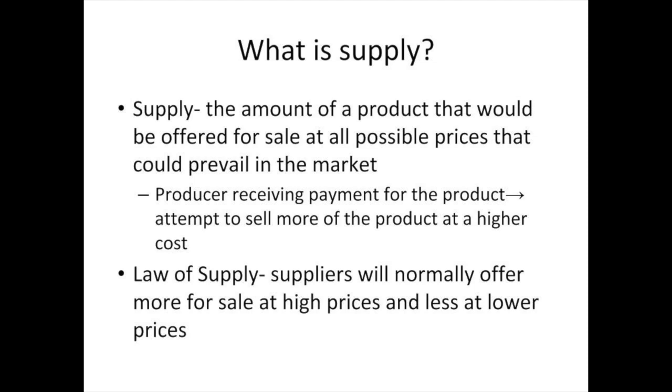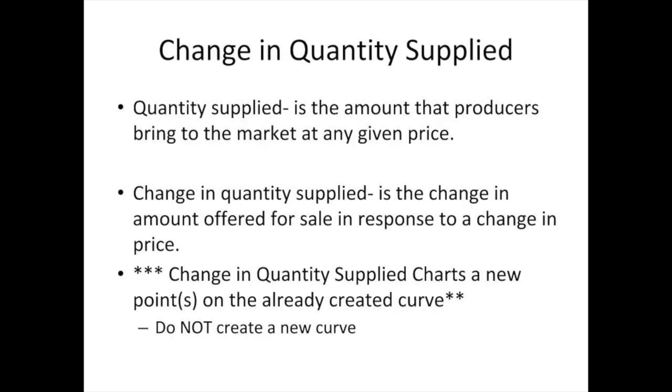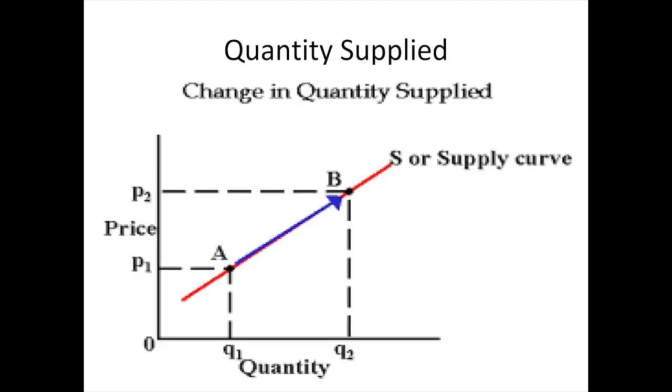There are similarities shared between the law of supply and the law of demand. Both have separate rules of quantity supplied and quantity demanded, and the law of supply and law of demand. Just like in quantity demanded, where price is the only shifter, in quantity supplied, price is the only shifter, which as you can see on the graph, we are moving from A to B, and we can move from B to A, but we are not making a new curve. So again, when you see quantity in front of supply or in front of demand, the only shifter in play is price. That is the only thing that's moving up and down the original curve.